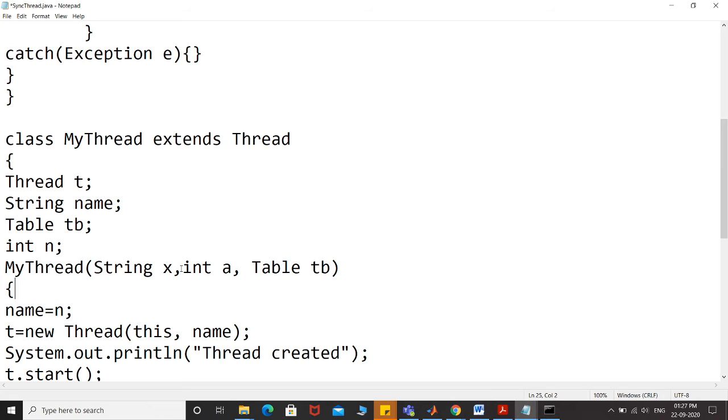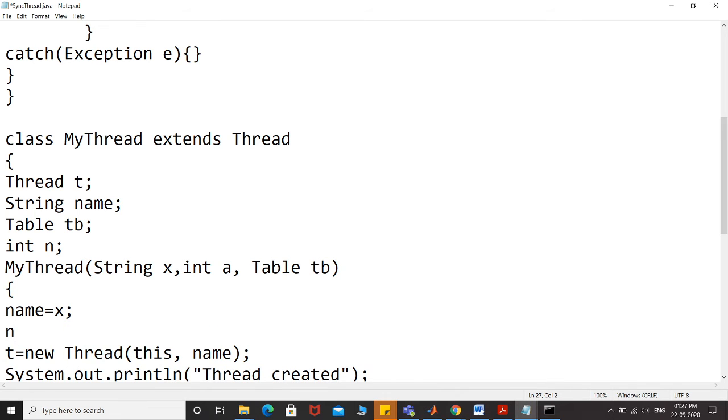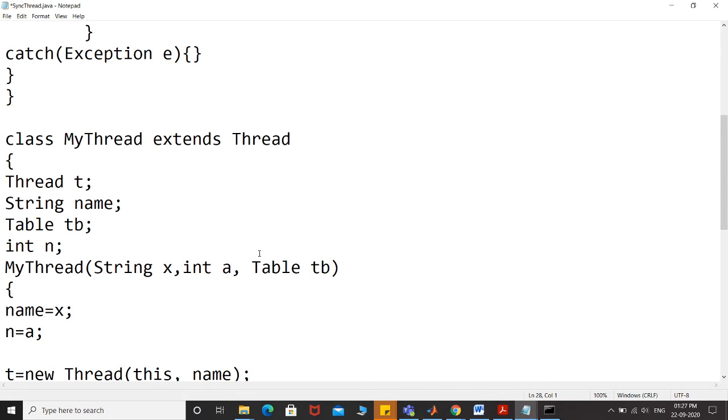Now I can initialize my instance variables. Let name be x, and then thread new, we have to create new thread. Before going into new thread I will just initialize n with a, and that is it. And then I can create anything.